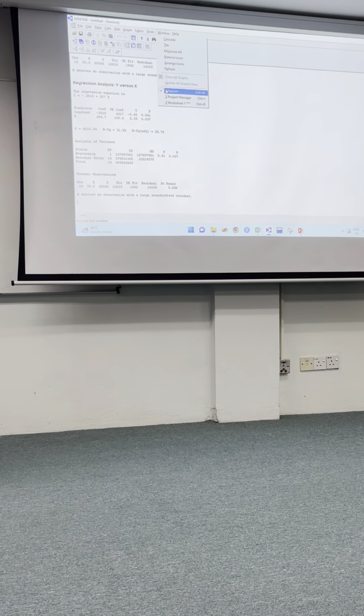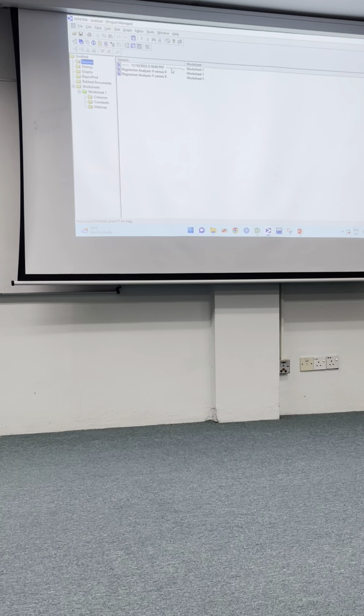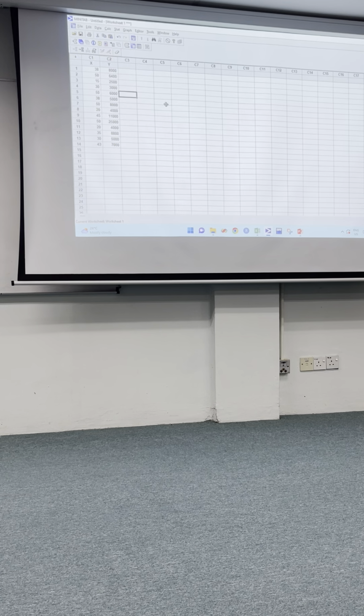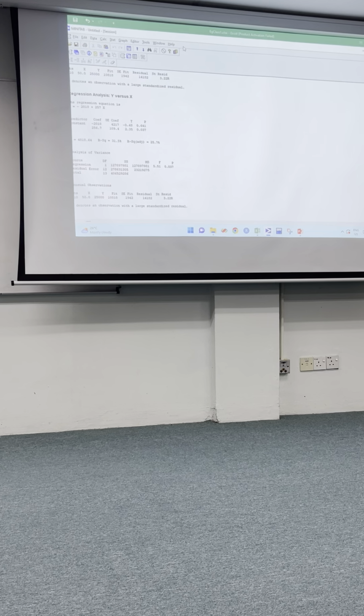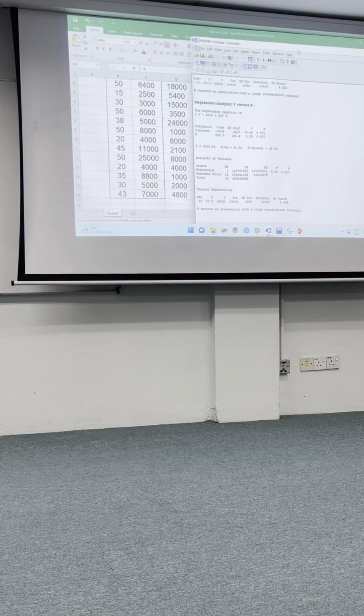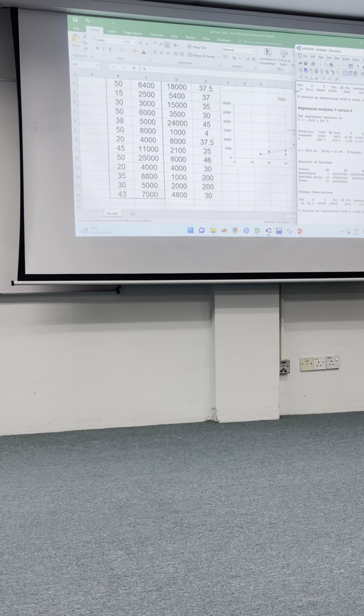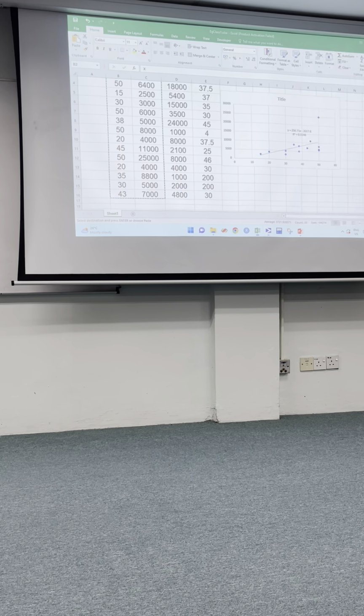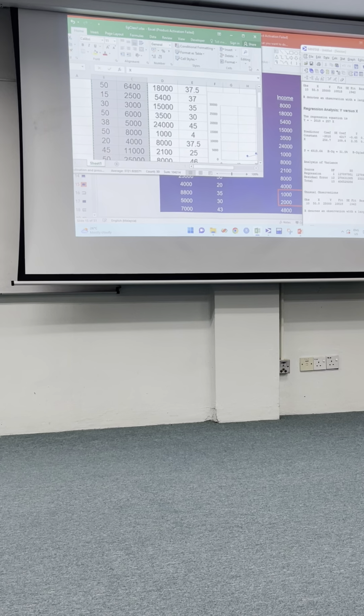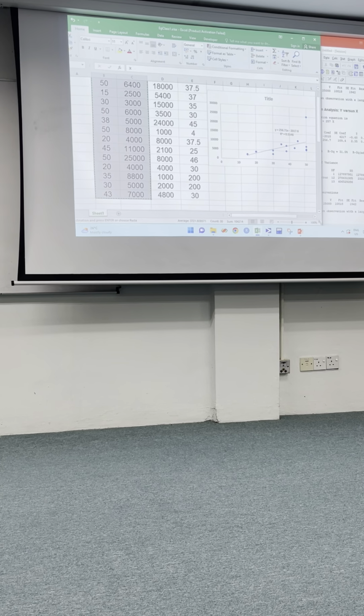Everybody has this sheet already, the session here, the window. You can look at the window. This is the project manager, this is the worksheet. You can compare the result obtained by using Minitab versus by using Excel just now. For example, when you use Excel, your model is,